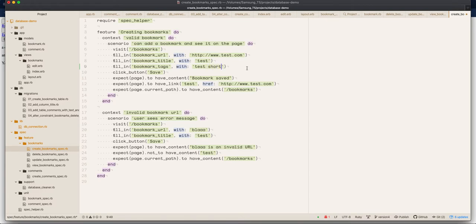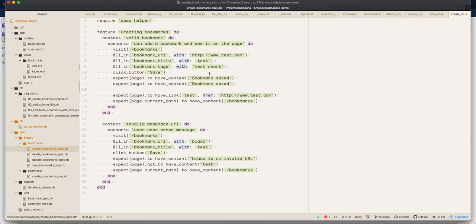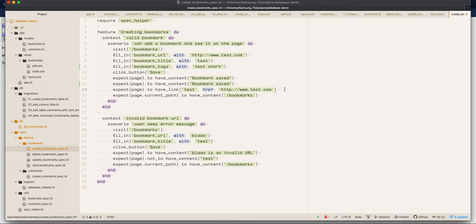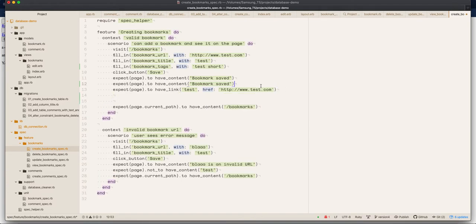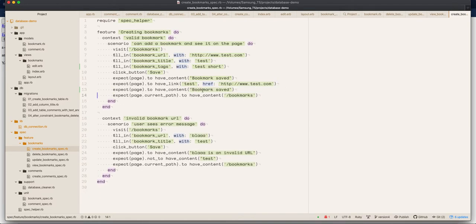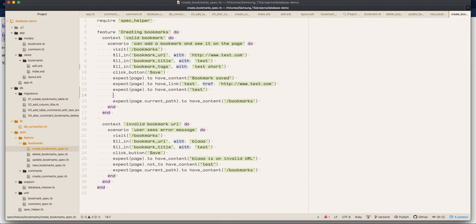Short. I don't know really. Okay, then we click button save. Expect that page to have content bookmark saved, and also to have the link, yes, but also I want to move that over here and say I want to have both test. Oh, they should be linked, shouldn't they? And